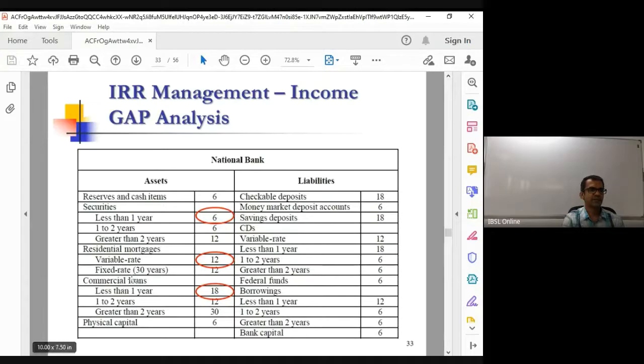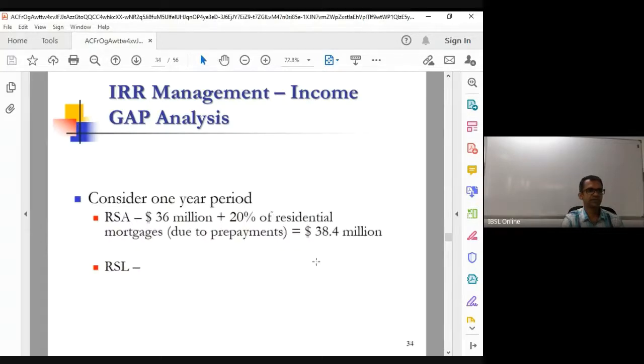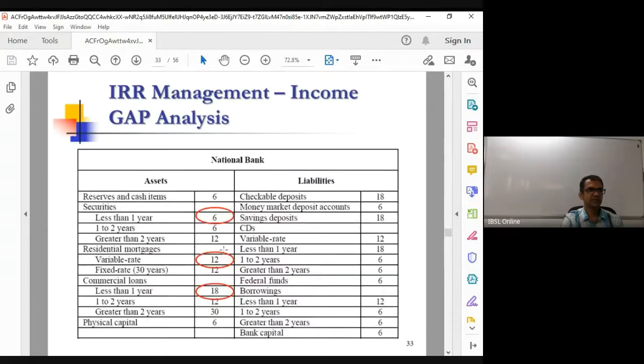And there are commercial loans of less than 1 year. That means those loans will mature within a 1 year period. Then again, you have to reinvest. So therefore, there are 3 rate sensitive assets in this balance sheet which are maturing within a 1 year period. So therefore, 6 million